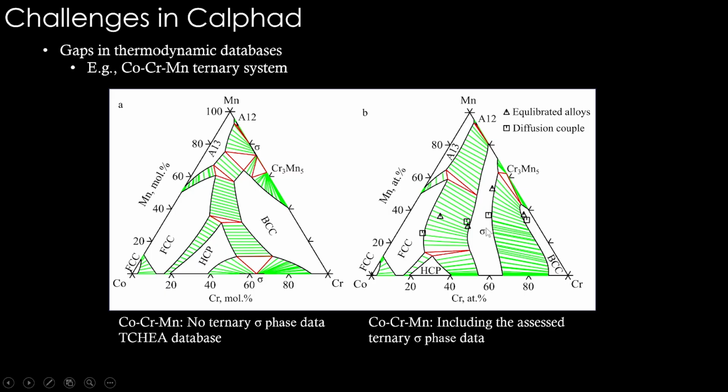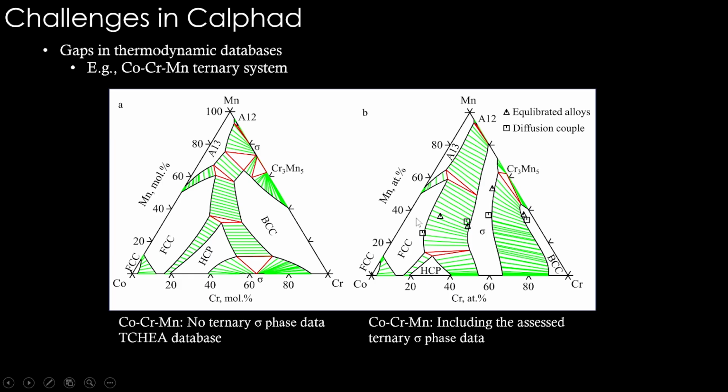So that means sigma phase is present very much in these concentrated compositions of this diagram. This is after doing thermodynamic assessment to get the Gibbs energy description of sigma phase in the ternary regime. This diagram is an improved version of this one, where you see the sigma phase going in the middle, all the way extending from one binary to the other binary. It's continuously present in this diagram.